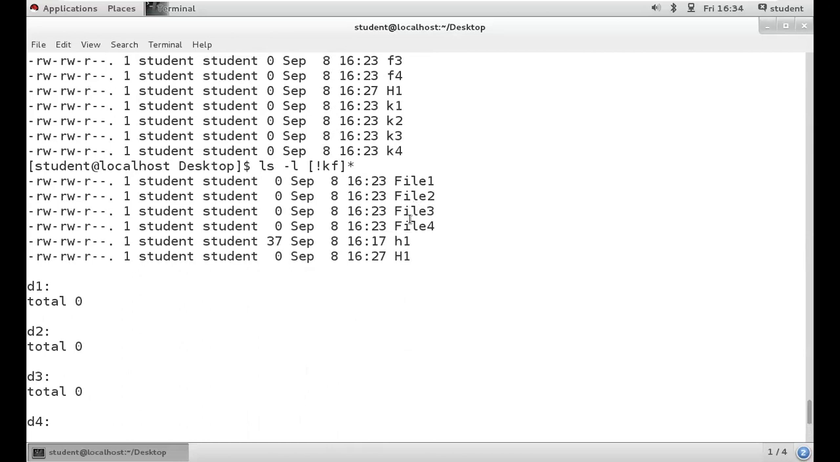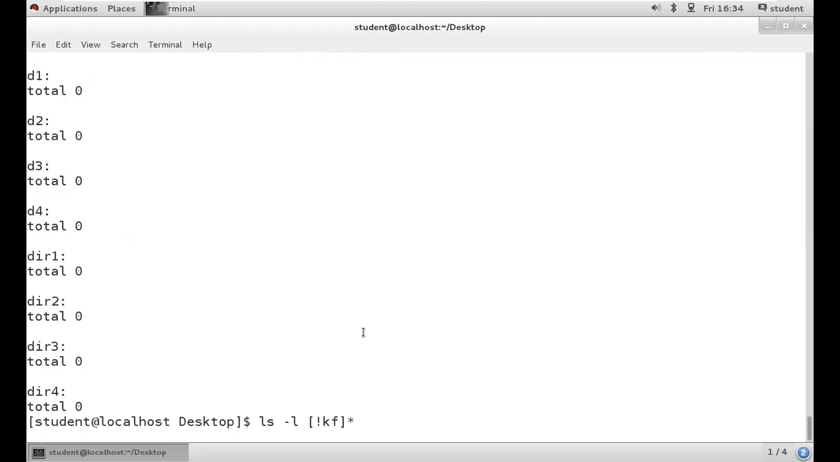So I hope you're clear how we need to avoid using the not symbol. We need to keep it in front of those letters. Not means apart from that, everything it will print. So clear? Right. Next, ls -l,